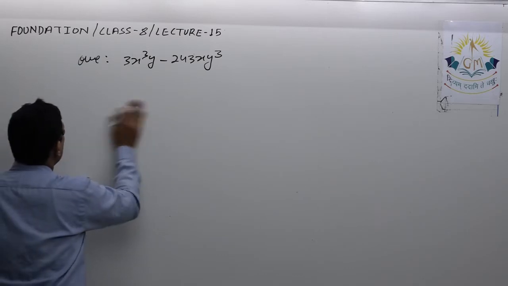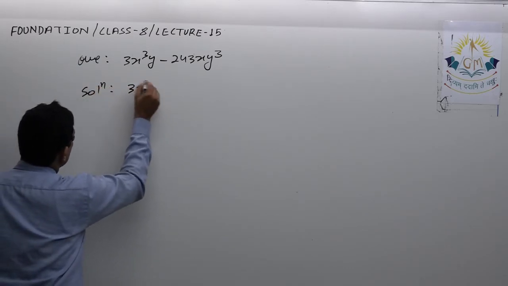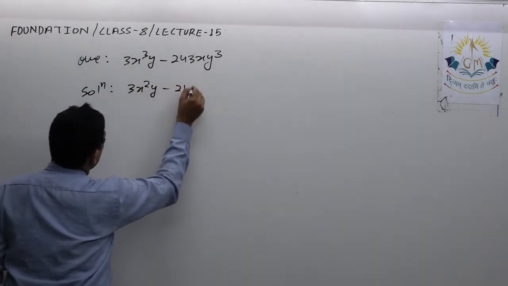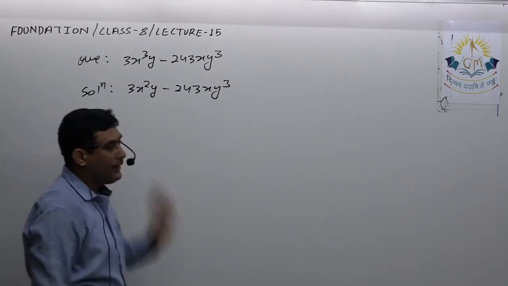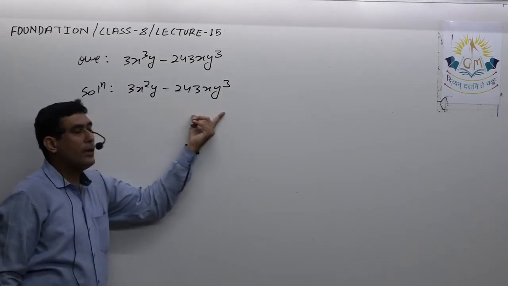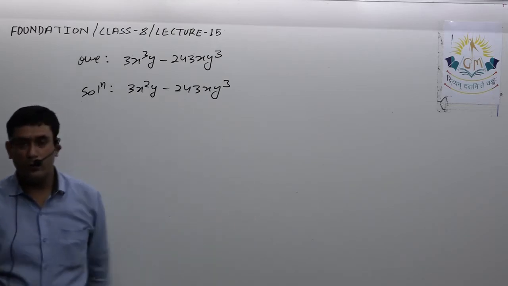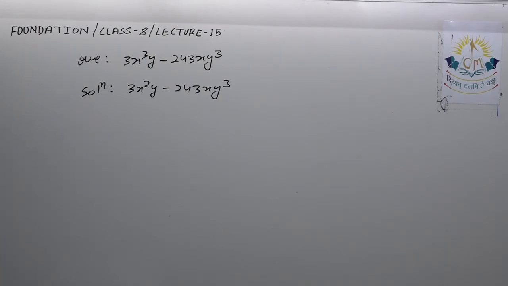So let us see how to solve this, or do one thing, try for a while, because it's a little bit different question. Definitely there is a minus sign, but neither this is a complete square nor this is a complete square. So think for a while how you will proceed, then I will give the solution.